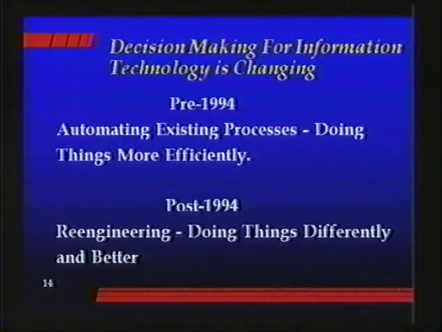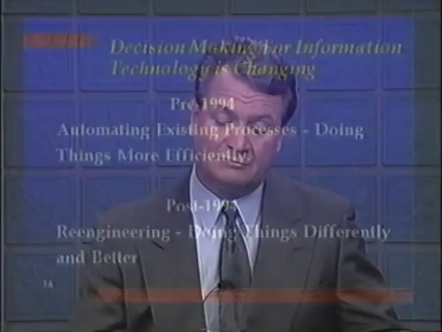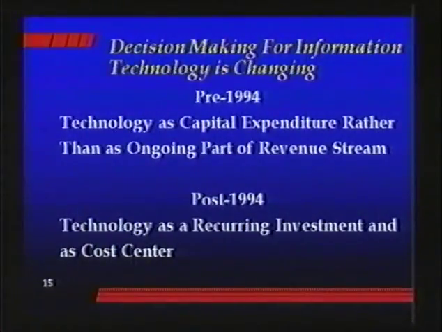Before 1994, it was appropriate and adequate to automate existing processes and to do things more efficiently. In the future, it will be necessary to re-engineer and to do things differently and better. In the past, we've treated technology as a capital expenditure rather than as an ongoing part of the organizational revenue stream. In the future, we will view technology as a recurring investment and a cost center that must be managed